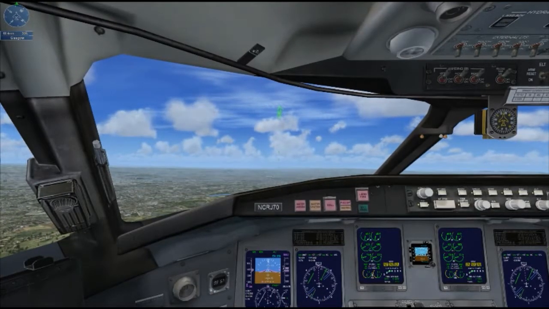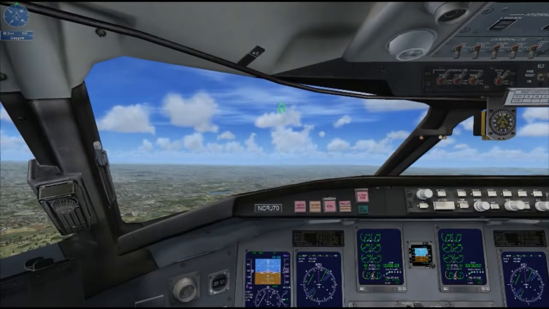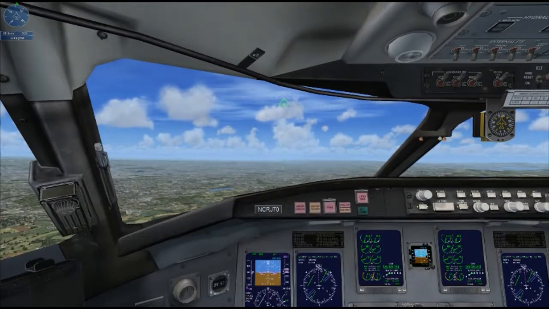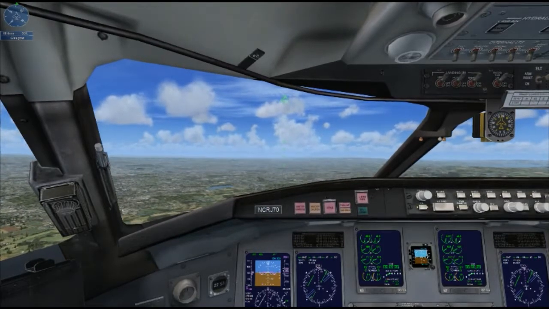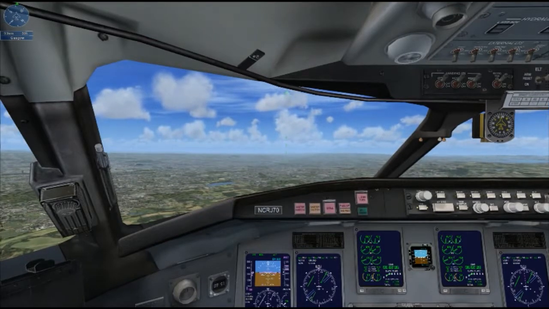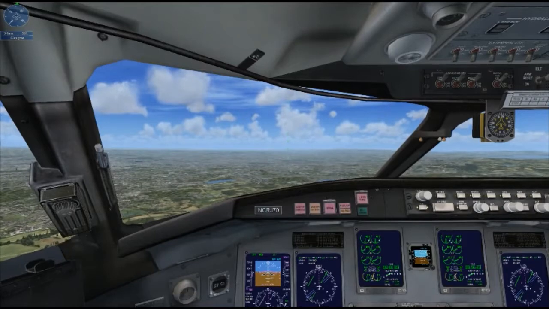Reduce thrust to idle and begin descending towards the runway. Lower the landing gear by pressing G and lower full flaps as we slow down. Press F7 3 times. In a large aircraft like this, the speed you land at changes depending on how heavy you are. At our current weight, our